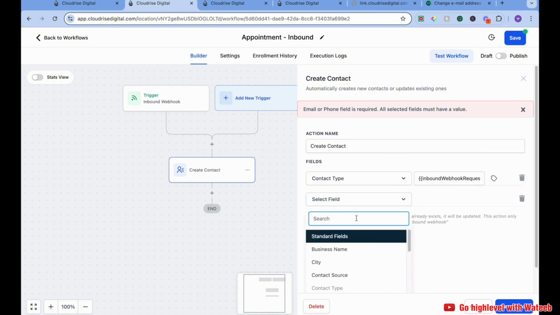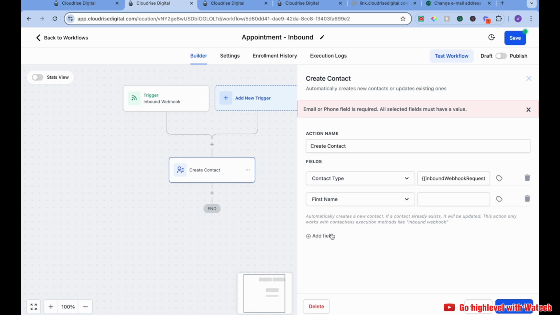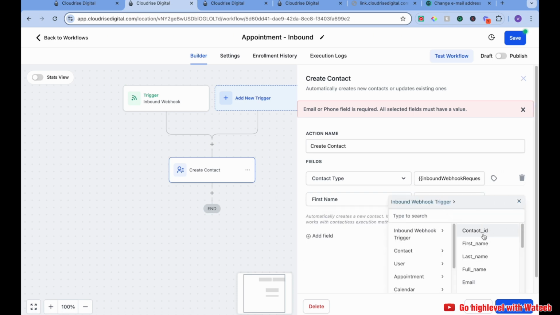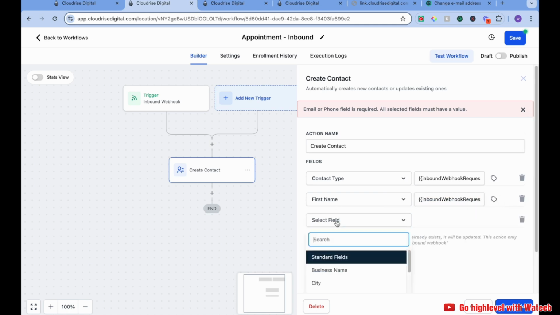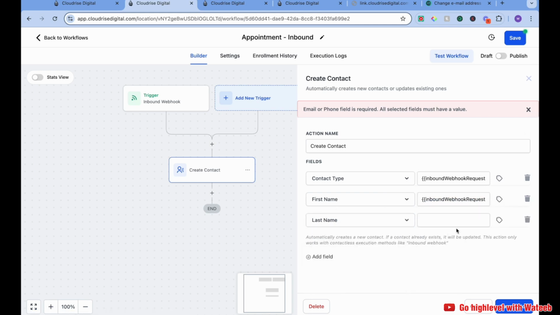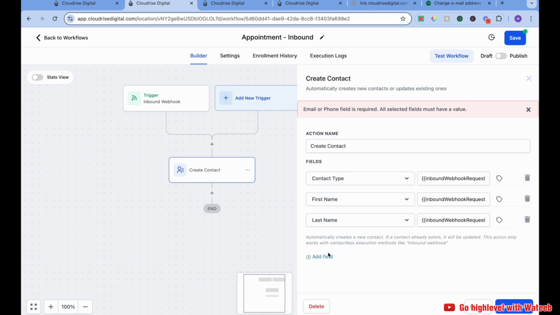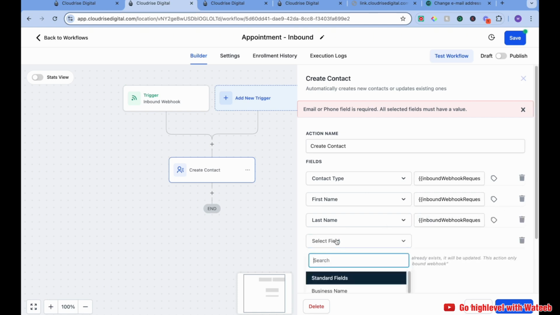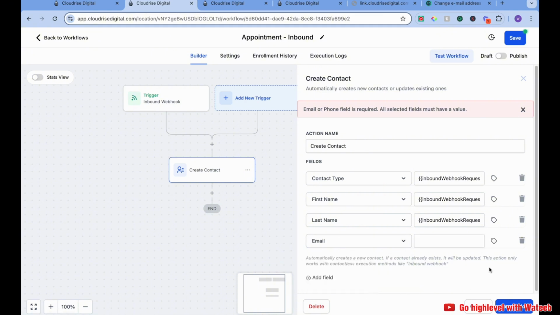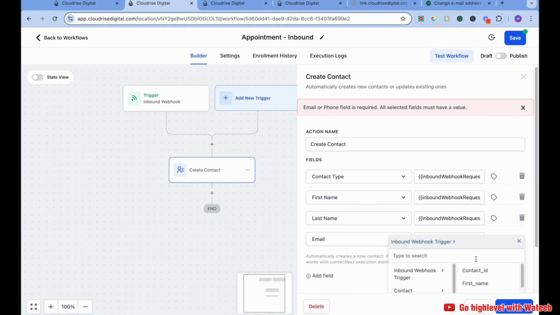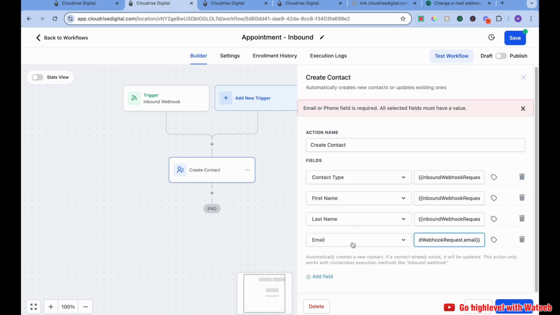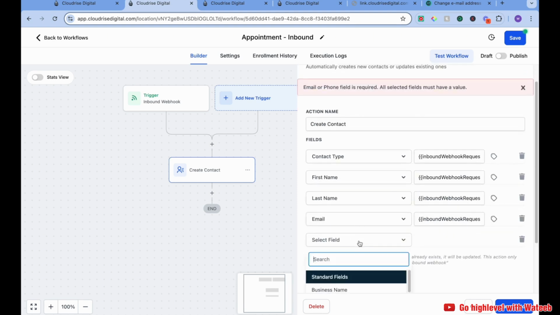Same, we're gonna say first name, inbound first name, last name, inbound last name. We can say email address, we can get phone number,